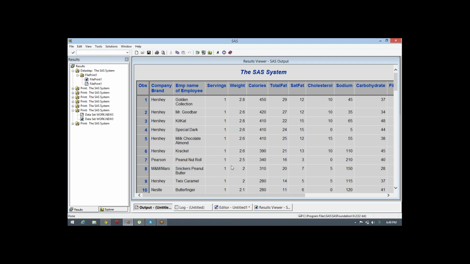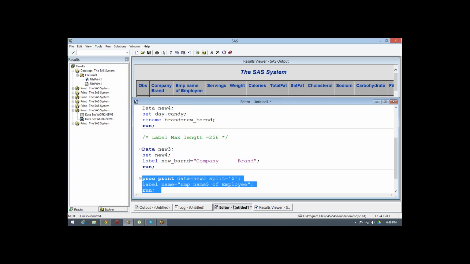This helps you in reports to decide which lines go to top, middle, center. If I use another delimiter called ampersand, I have to declare ampersand.